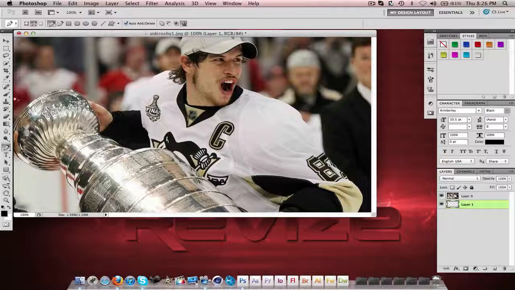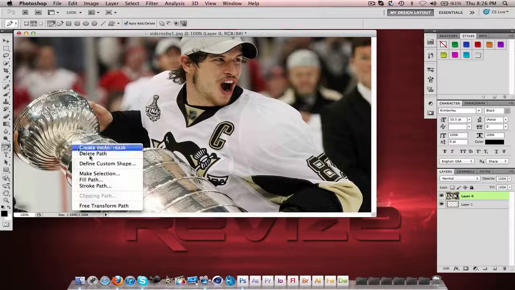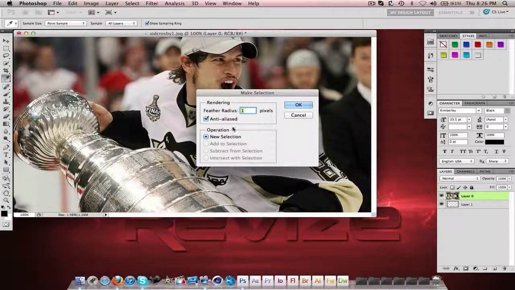Alright, now that's it. And as you can see, all those points disappeared because now it drew a path around the image. Make sure you have the actual image selected still while you have the pen tool selected. Go ahead and control click on a Mac or right click on a PC and hit make selection. And then what I like to do is, if I'm actually tracing a real image